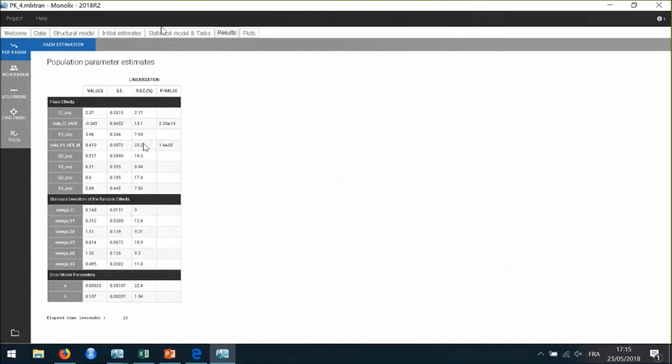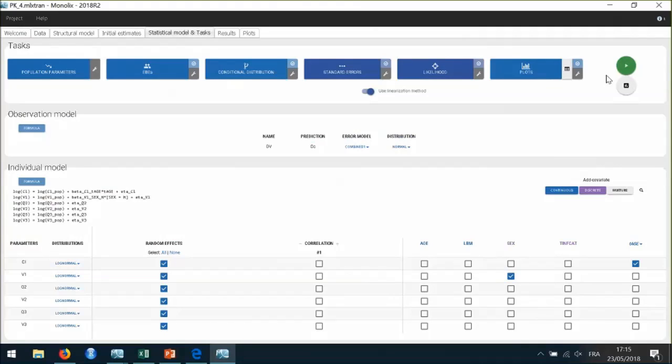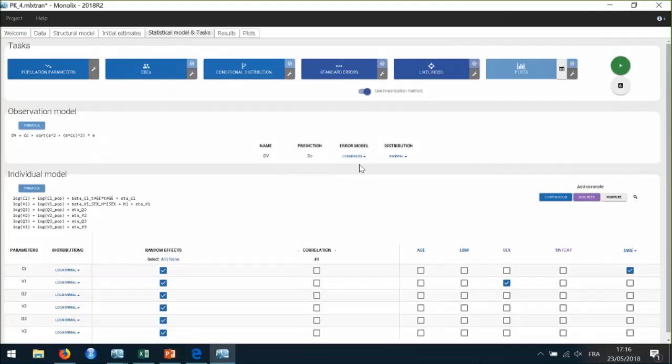So let's have a look at the interface. So the list of the error models that are available is here. So in addition to the combined model that I have shown, there is another combined model with a slightly different formula, and the constant and the proportional error model with only the term a or the term b. In this case, I haven't shown it because the combined model is actually the best one for this data set.